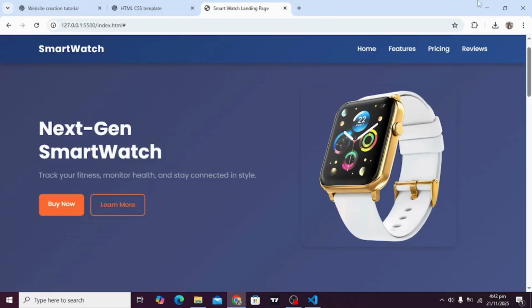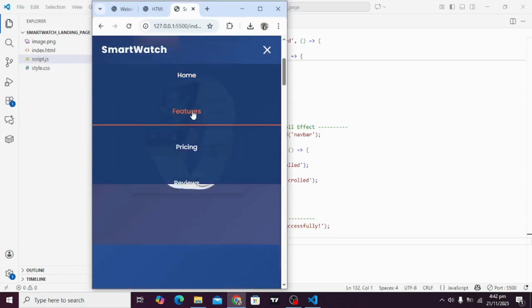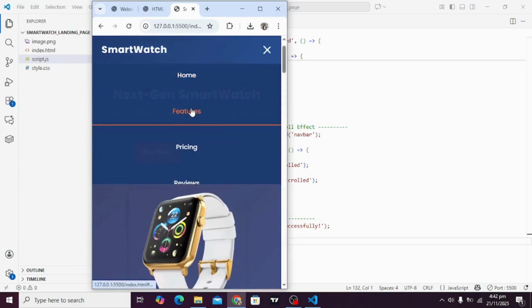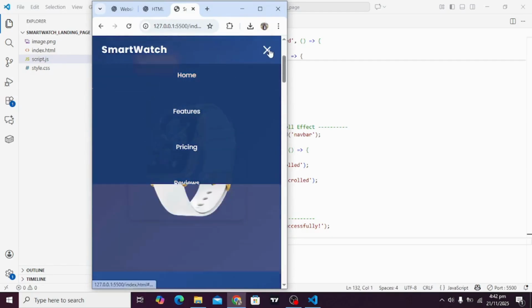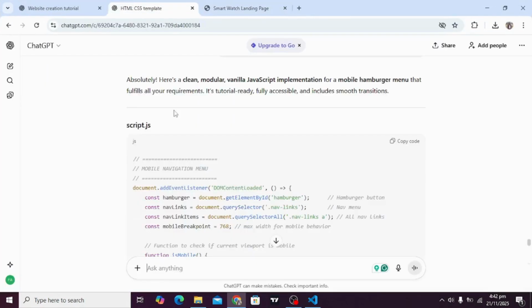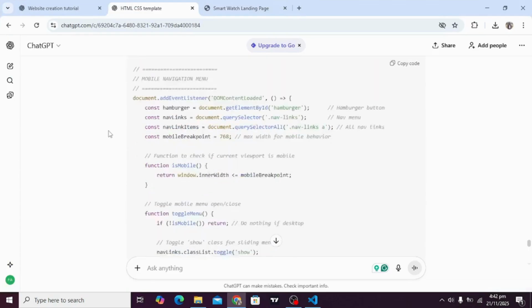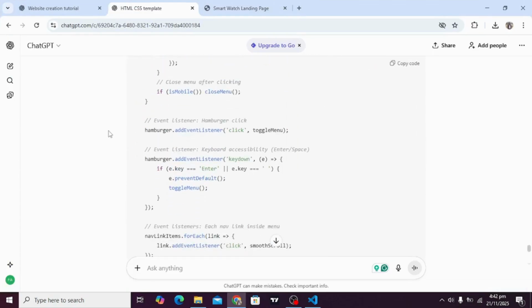It is already looking good, but we just want to improve it a little bit. So when we click the menu item, it closes the menu automatically. So let's go and see what it provides us. Document content load, smooth scroll.